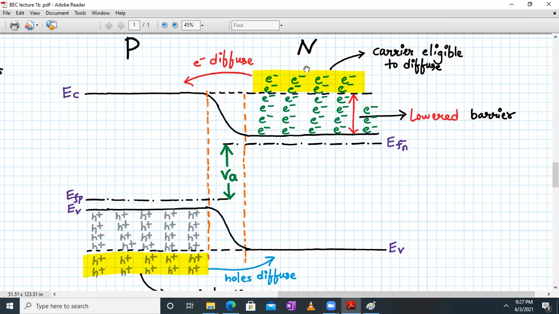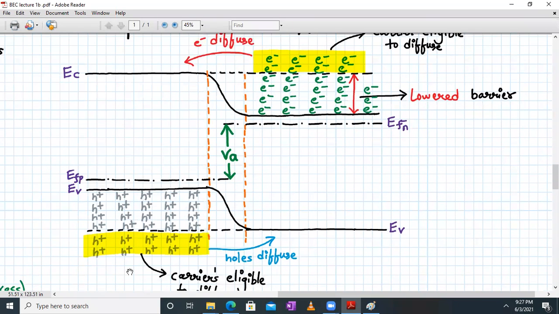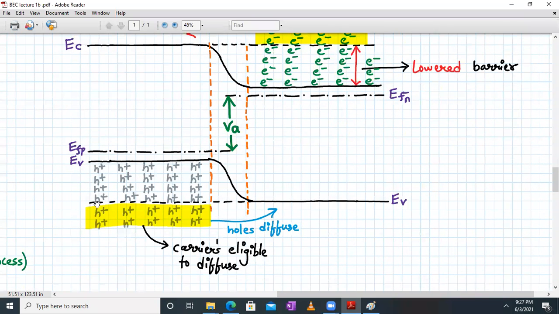So the carriers which are marked in yellow color over here are the carriers which are eligible to diffuse. And similarly, the eligible holes will be the ones marked with yellow color over here. These carriers will be able to surmount the barrier and go on to the other side. Okay, so what will happen is,